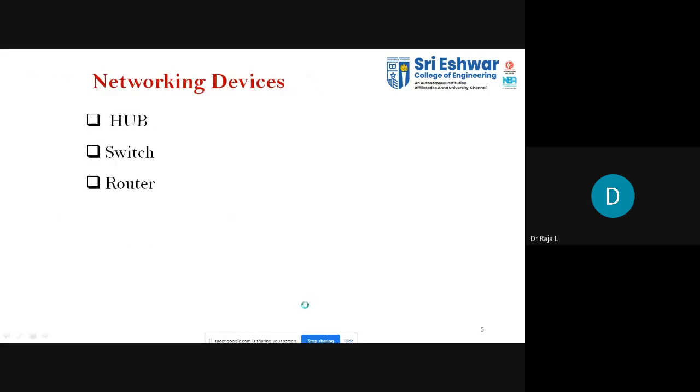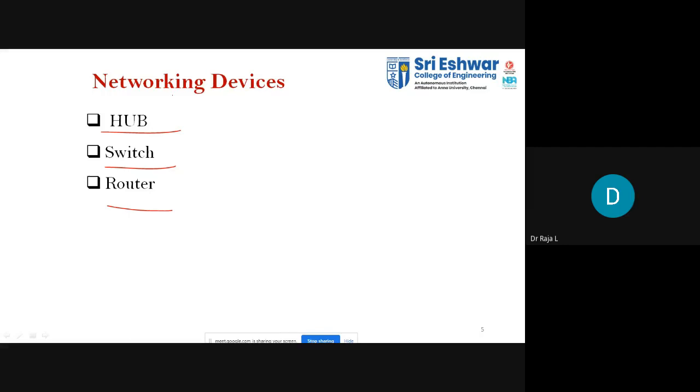Okay, so we'll be discussing the basic commands. These are the networking devices that we normally use in our experiments. We'll be using hub, switch, router. Along with this, we'll be using cables. We have different categories of cable. We'll be discussing copper crossover, copper straight-through, then the console cable.